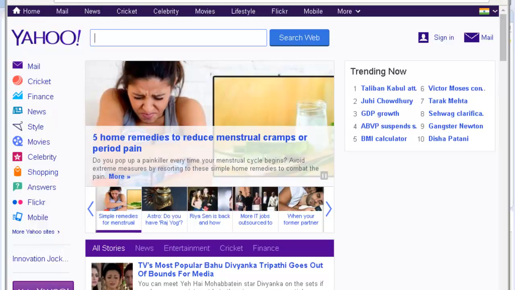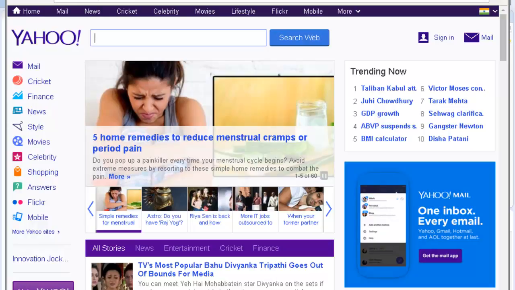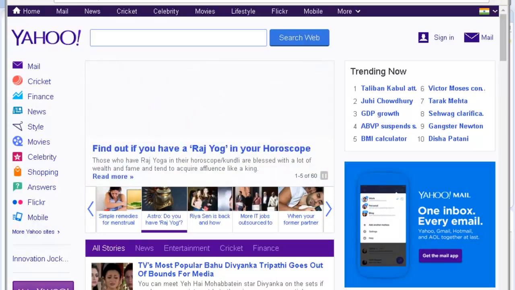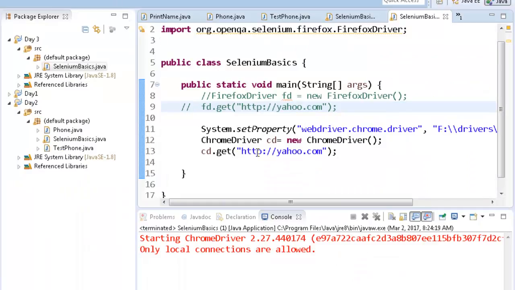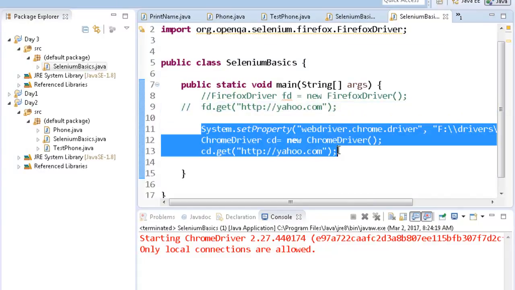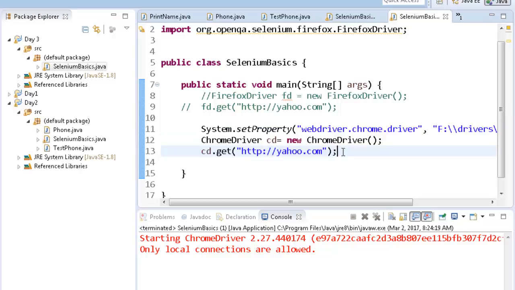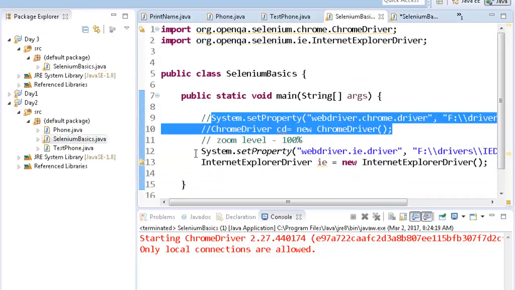Okay, right? Now, when you have done this, when you have equated this Chrome driver and you're taking the Chrome driver to Yahoo website, after this, the similar thing you can do with the Internet Explorer as well.